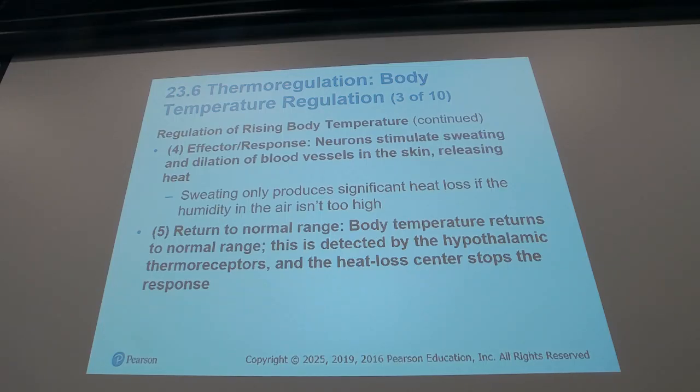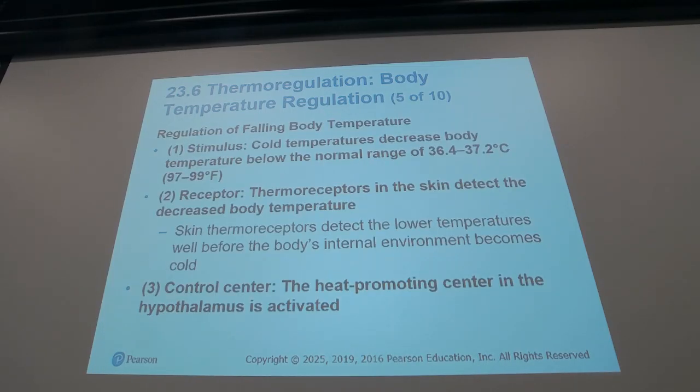Now, what will be the opposite when we have a low body temperature? Well, in this case, we will have the same thermoreceptor sending the afferent signal into the hypothalamus through these nerves that are located in the spinal cord, and then that reaches the hypothalamus. So then you will have an efferent signal from this control center into the blood vessels in our skin so that we can have vasoconstriction, and then we shift the blood from the skin into the deeper portions of our